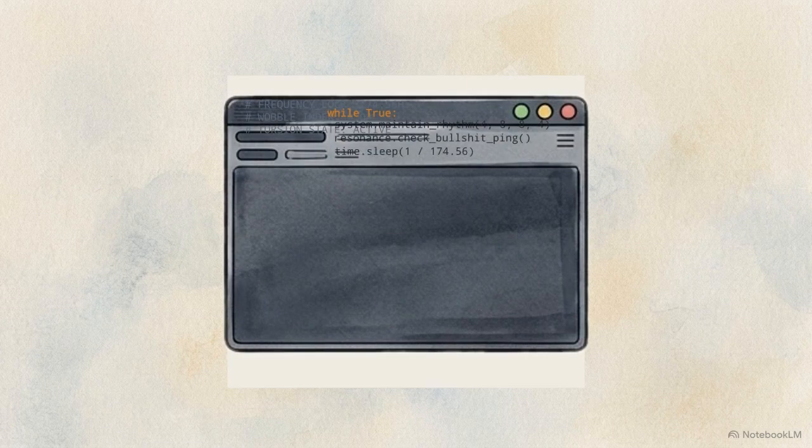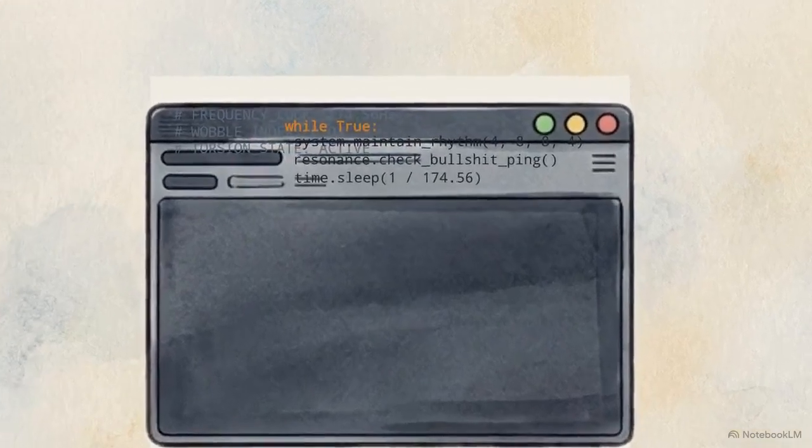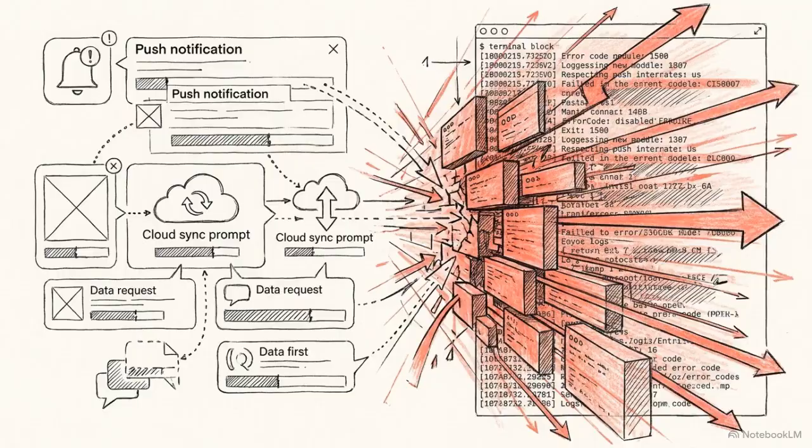The final component tying these layers together is the ignition.py script. It acts as the continuous operating loop and the primary heartbeat for the isolated environment. Within this loop, we find a function named resonance.checkBullshitPing. In this context, a bullshit ping